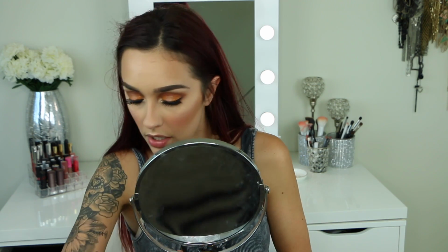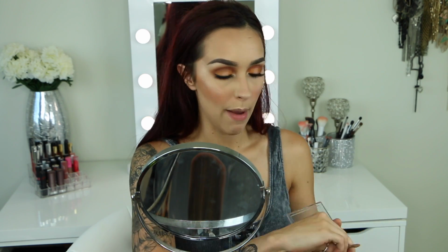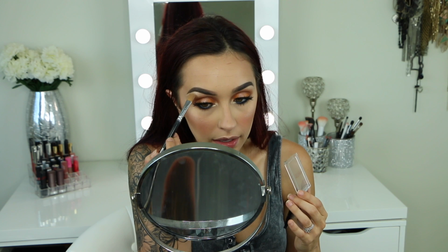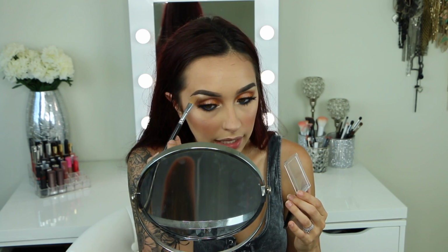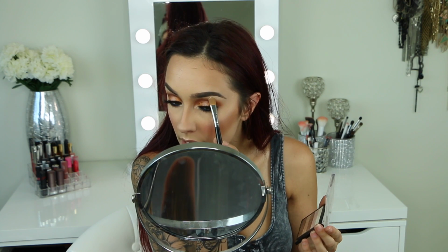Okay, and then I'm going to go back and highlight my brow bone. I don't typically like doing a shimmery highlight shade in my brow bone, but since I said I wanted this to be a summery, bronzy highlight look, I am gonna highlight my brow bone with the same highlight that I used